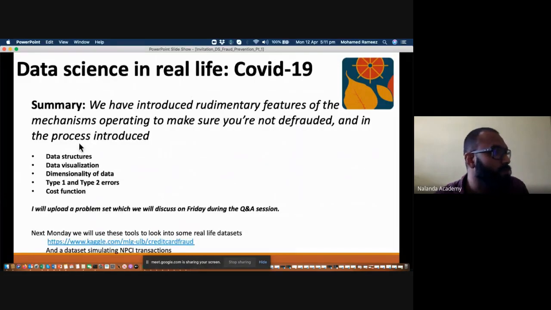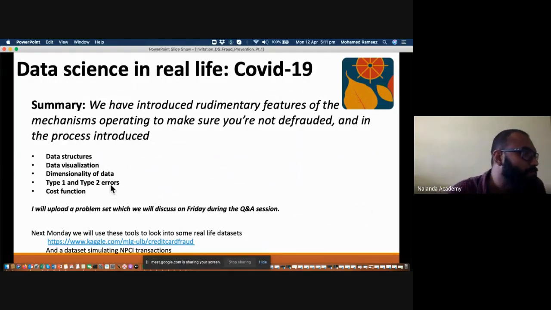So to familiarize yourself with these concepts, I will upload a problem set, which will also involve making some plots, how to visualize data, making some specific kind of plots using the tools I have introduced you to. I will upload this problem set latest by tomorrow evening, and then you can work that out over tomorrow, day after, and Friday, and then the Friday question and answer session, which I believe is either at 5 or at 6 p.m. I'm not 100% sure. We can discuss that problem set, and then on next Monday,